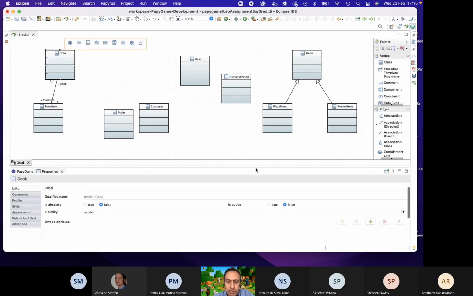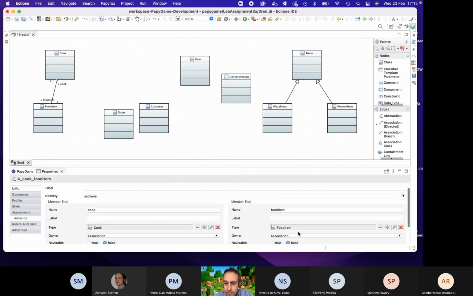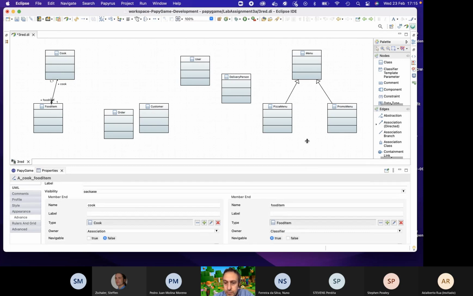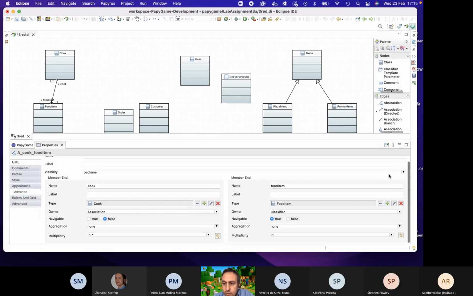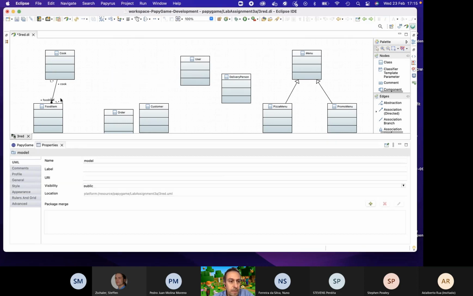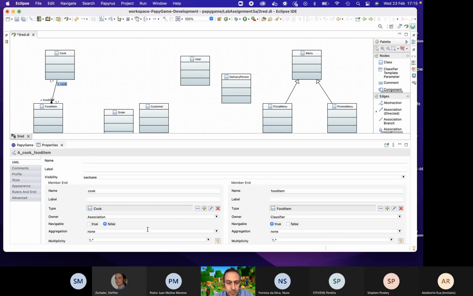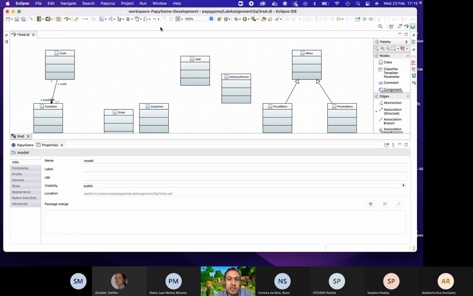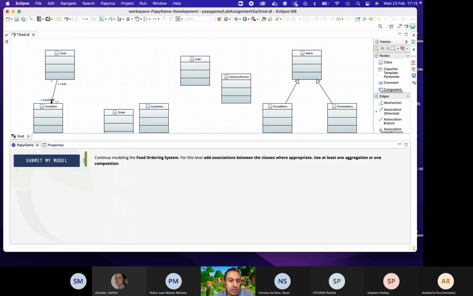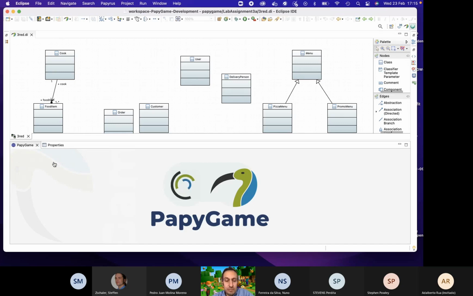We can say that it's one cook. So it means that this relation, here we need to put one, and here we need to put the one, for example. Okay. And in this case, the player can also continue submitting the model, but at this time,